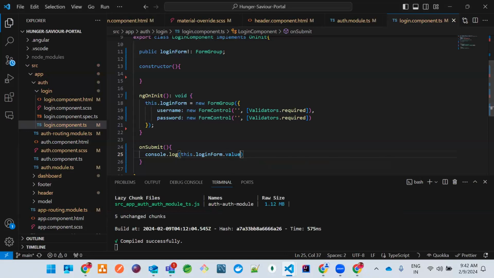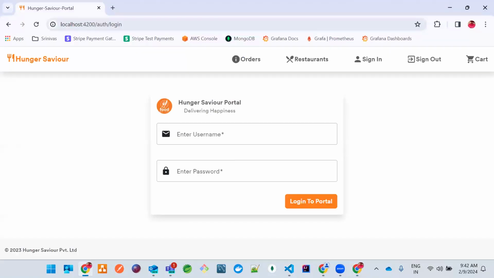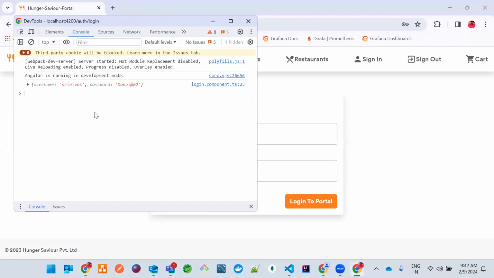So if I just do like this, I'll be getting the, okay, and if I just enter something, yeah. So this is how we are getting username and password, right? So probably we are getting this,